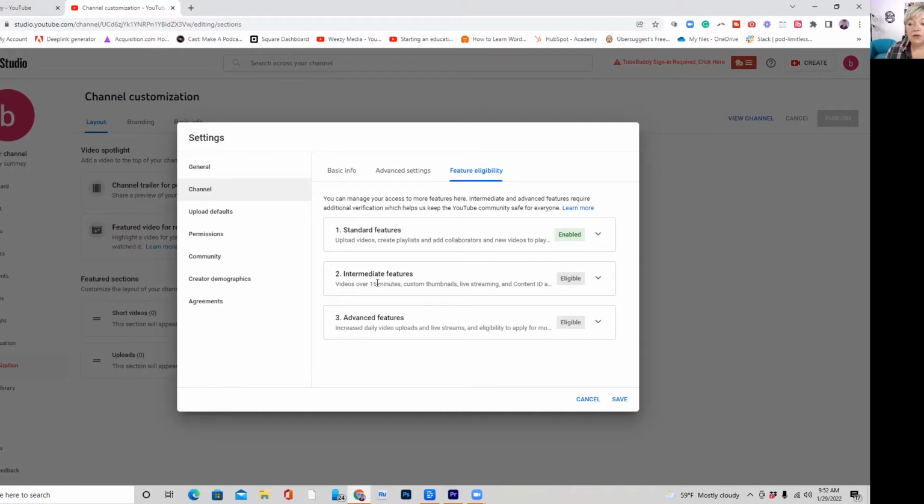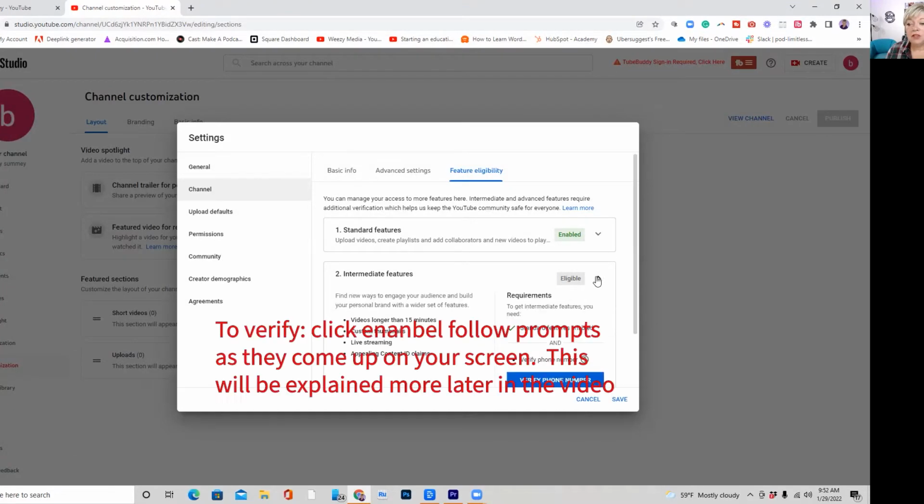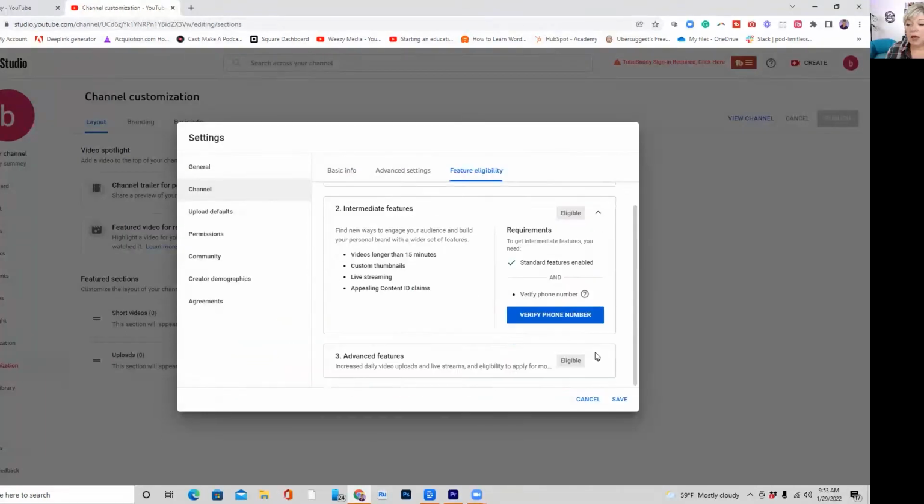If your videos are going to be over 15 minutes, you want to create custom thumbnails, do live streaming and content ID, you are going to have to get verified. So let's see what you need to do for that. So all you have to do is, if you want to go that far, you're going to have to verify, and then down here to advanced features,